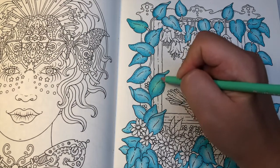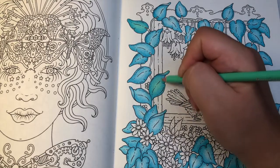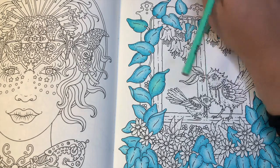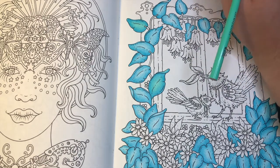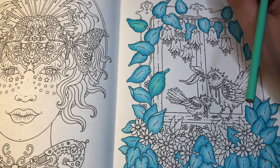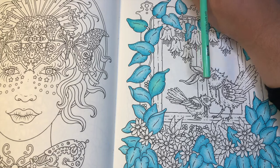But I just thought the cover was super duper cute, and the description sounds good. So please do your own research on that one as well, but it looks really cute. It says, relax and enjoy the simpler things in life as you color through detailed illustrations of quaint cottages, yes please, blooming gardens, and other delightful cottagecore scenes. So there are about 20 images in here,